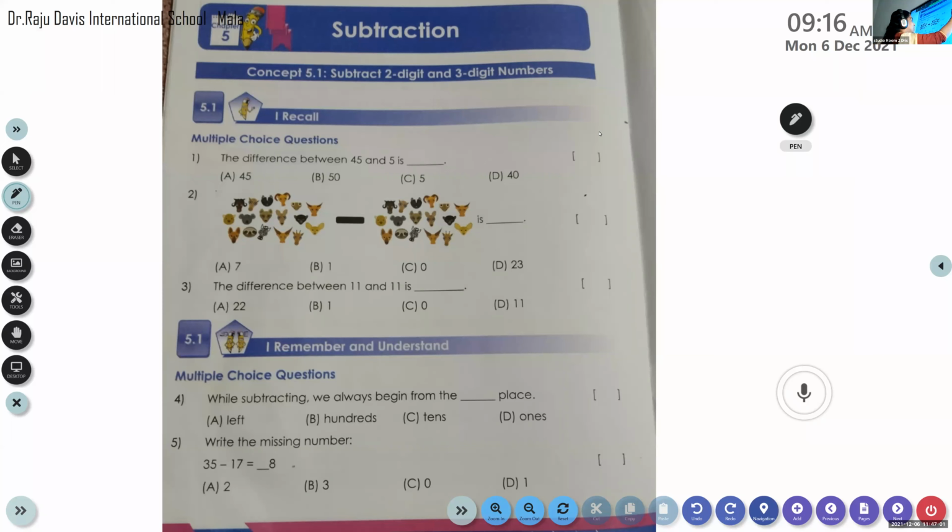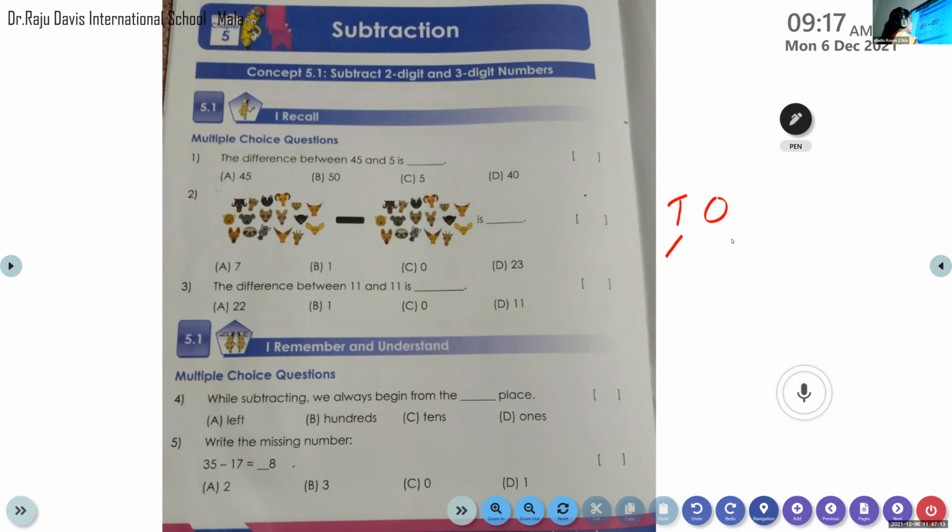How to subtract? There is a 2-digit number and a 1-digit number. So how can we subtract it? First, we have to arrange in the correct place value order, isn't it? One number is a 2-digit number, so we have to write tens and ones and arrange that number. And the next number is only a 1-digit number. So where will we write that 5, under which place? Ones or tens place? Yes, we have to write it under the ones place and subtract.